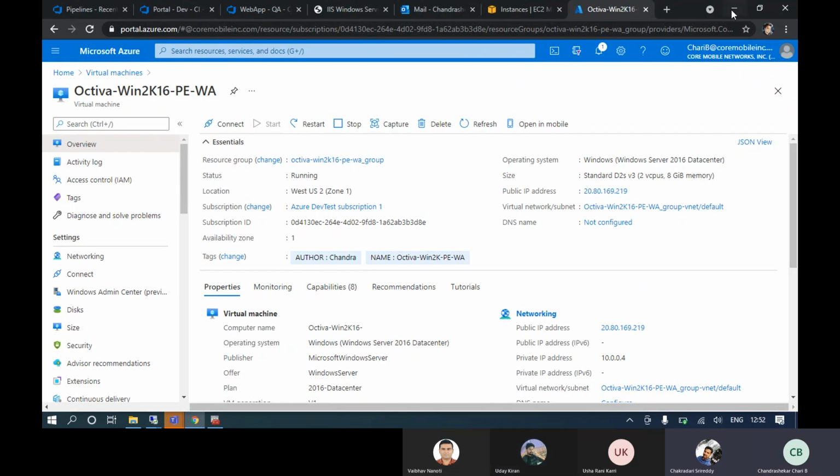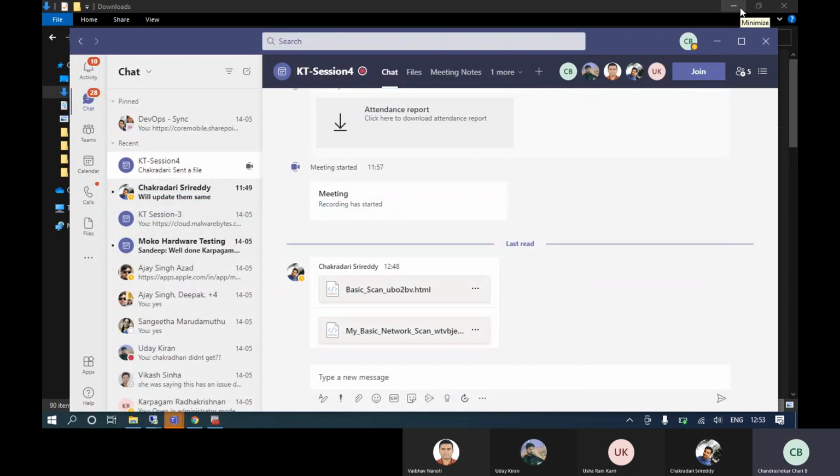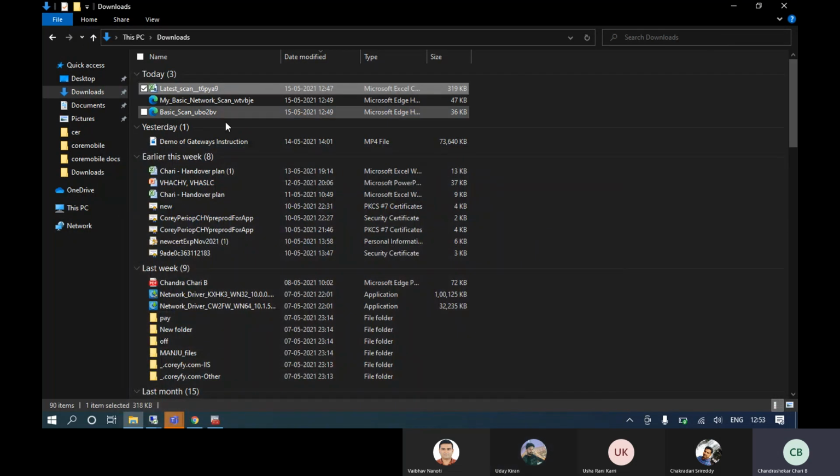Once the 15 scans are over, we will terminate that server. If any scans need to be done for the next IP, we need to spin up a new server and configure the scanner in it. Again, the same process. They don't want to buy a license for this, so we are using it like that.